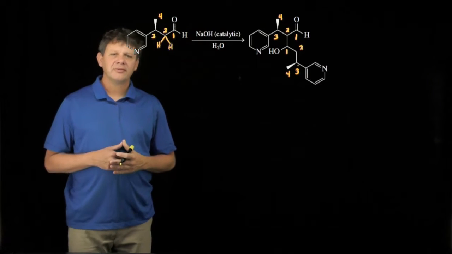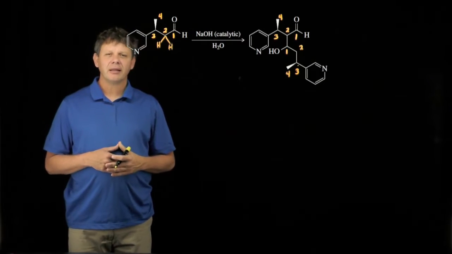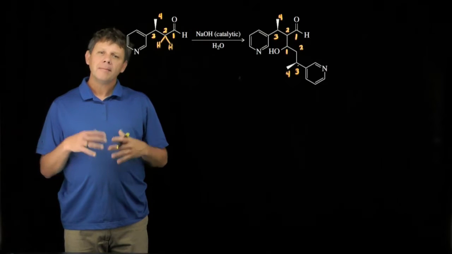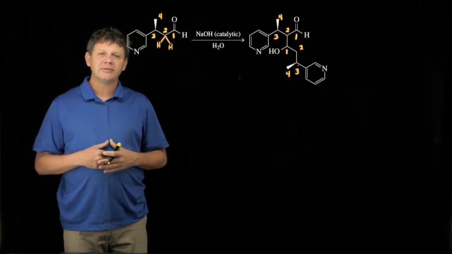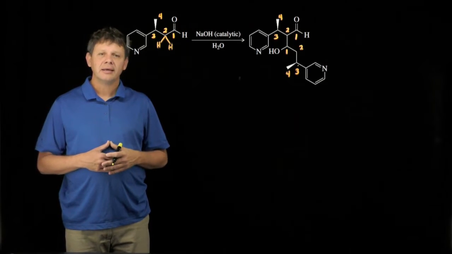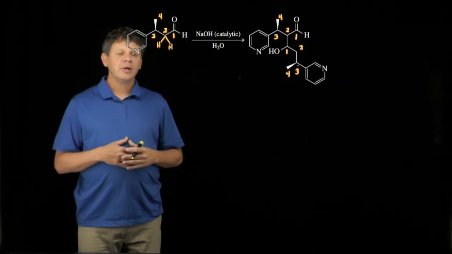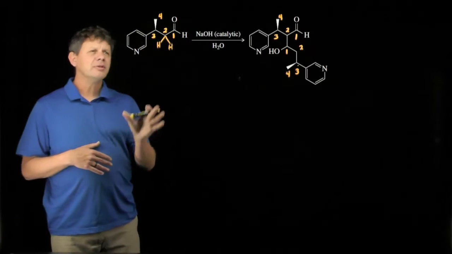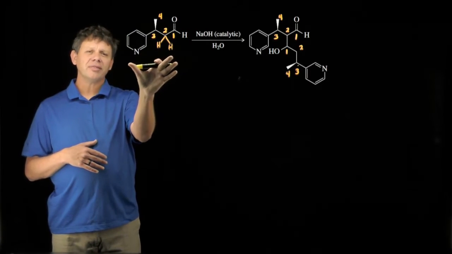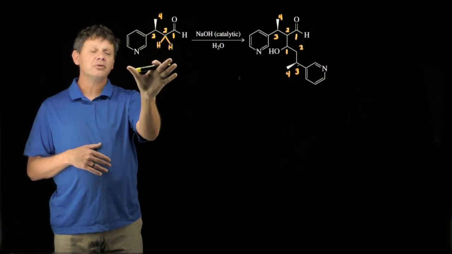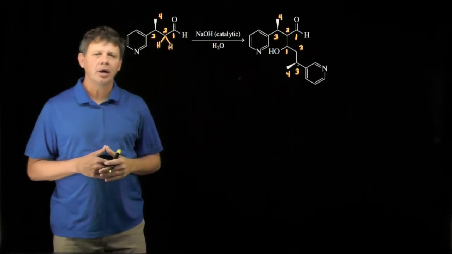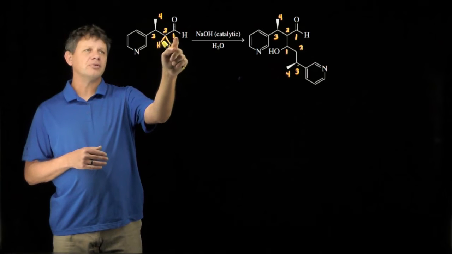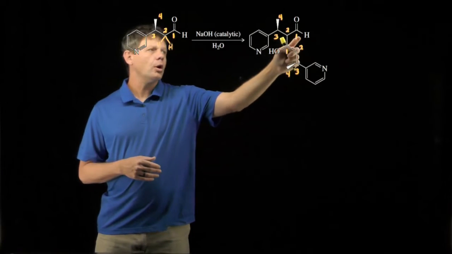This assessment asks us to give the mechanism of the base catalyzed aldol on screen, making sure to show why it's catalytic, or how it's catalytic, in hydroxide. As we always do with these problems, I've numbered the carbons. What you'll notice is we're starting with this molecule on the left and using 2 of them to make the product on the right. So you see the labels 1, 2, 3, 4 show up in 2 different